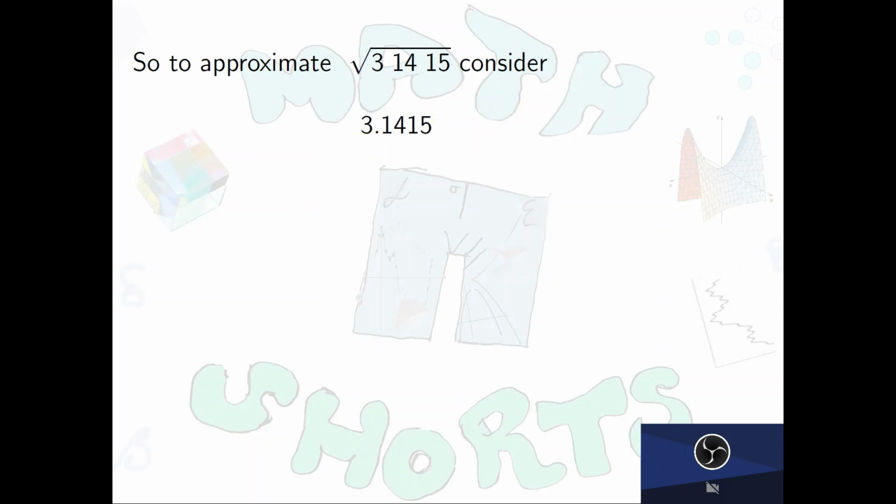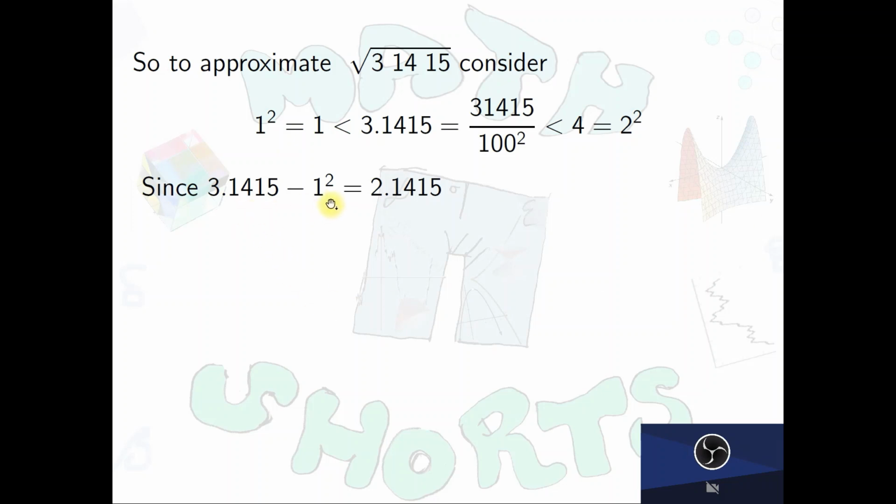And we'll go through our process. That's between, well, it's this thing over 100 squared, which is between 1 squared and 2 squared. So I know I'm going to start with 1 squared. My extra is going to be 3.1415 minus 1 squared, which is 2.1415. So the square root of 3.1415 is going to be 1 plus this extra divided by 2, because it's a